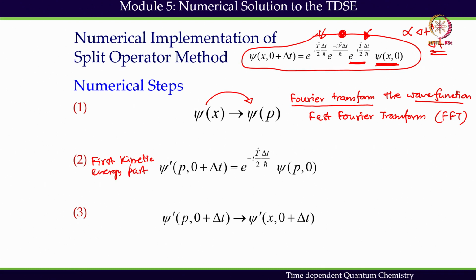The first kinetic part of the propagator that will be employed here, as you can see. But remember, here we are using this in the momentum space, and we are propagating the wave function. That is easy to do because this part is in a diagonal form now. Once we have got this propagation due to the first part of the